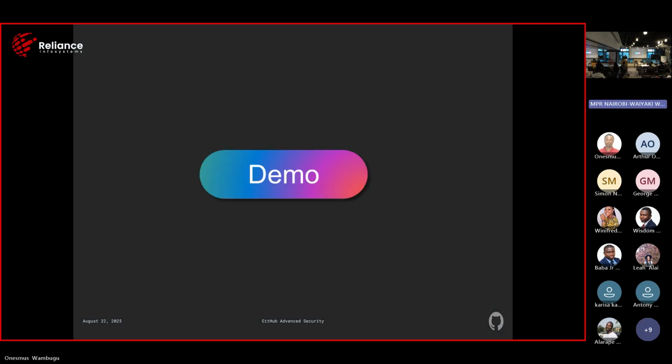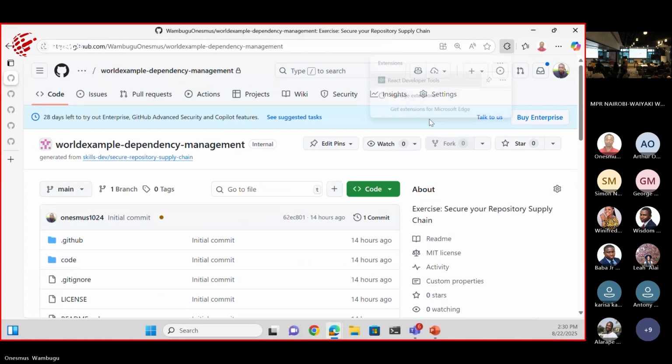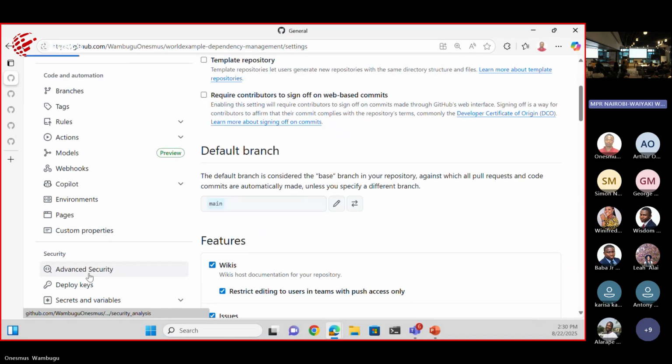Next, we'll have a demo on how we can enable GitHub Advanced Security in the World Example repository. Allow me to switch context here and go to GitHub. You can see a repository, right? Yes. The first question from the manager is how can we enable GitHub Advanced Security? I have a repository here. To enable it, we go to settings, and from here we go to Advanced Security,